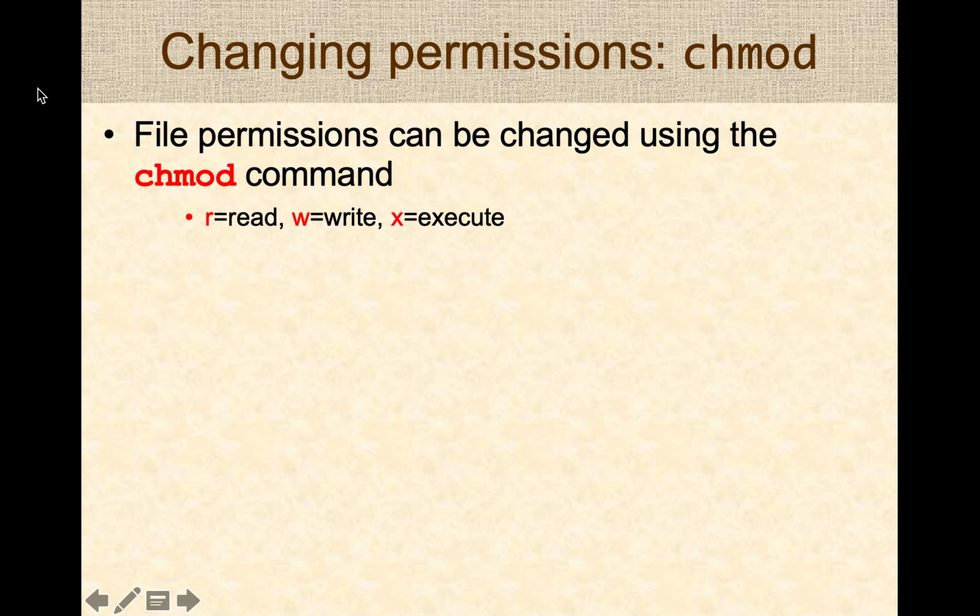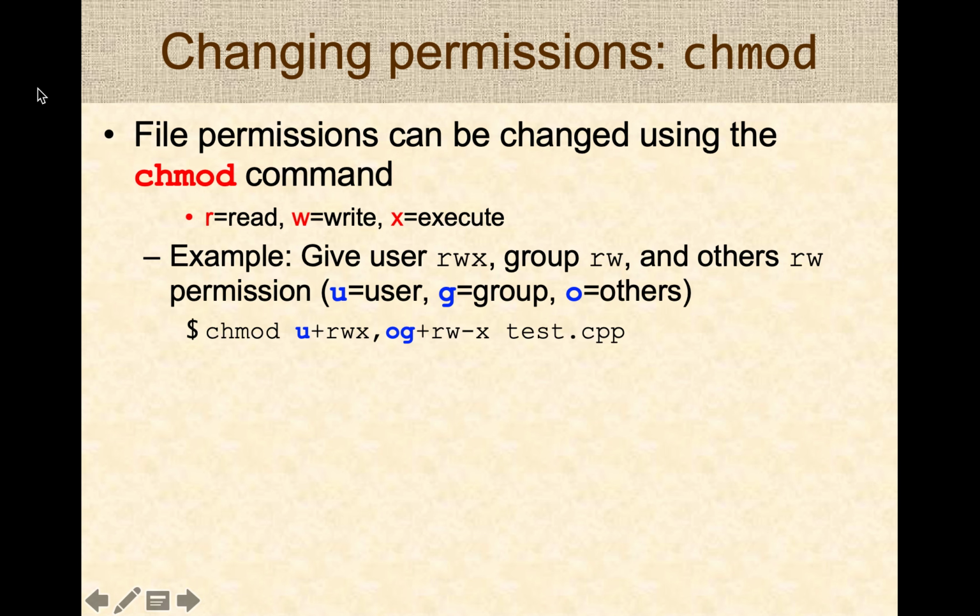There's a command called change mode, or chmod, that can be used to change the permissions. And of course, chmod can be used to modify the read, write, and execute permissions for the different files. And you can explicitly set permissions for the user, group, and others. So for example, let's say we want to give read, write, and execute permissions to the user for a file called test.cpp, and group and other users